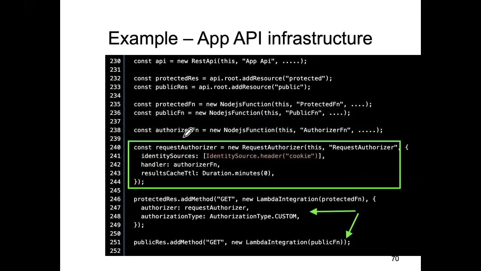Now here's where the authorizer kind of comes in. So I'm creating another Lambda, a third Lambda, and I've labeled it the authorizer function Lambda. I'll show you the code. Well, sorry, I'm not going to. I'm giving you the code. I have already kind of explained what the code does,